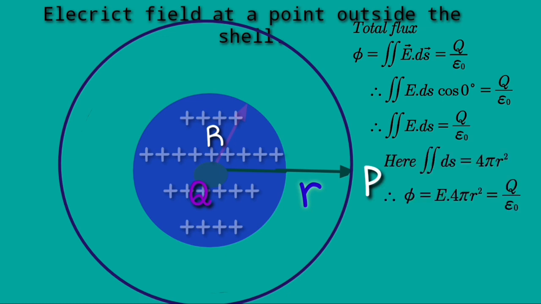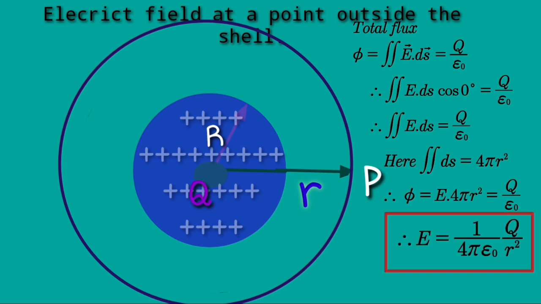Here, integration over the elementary surface gives 4 pi r square. Therefore, flux phi is equal to E into 4 pi r square, which is equal to Q by epsilon naught. Therefore, electric field E is equal to 1 by 4 pi epsilon naught into Q by r square. Therefore, electric field at a point outside the shell is equal to 1 by 4 pi epsilon naught Q by